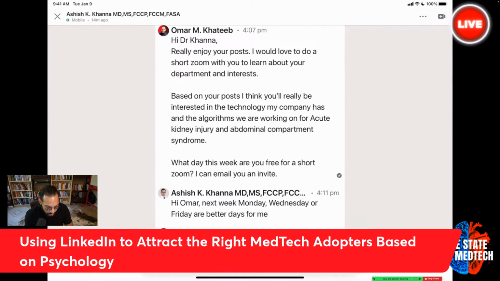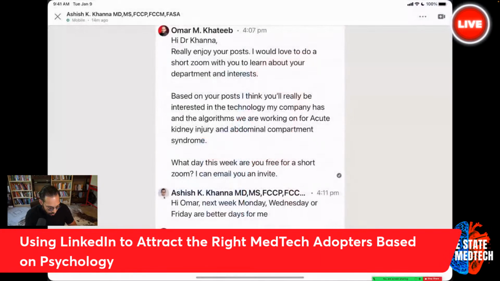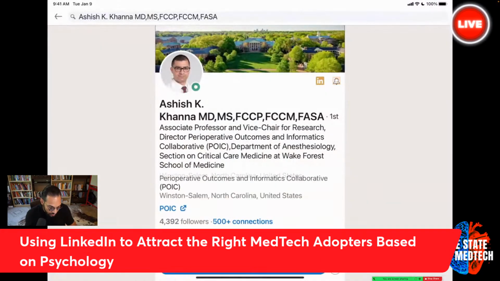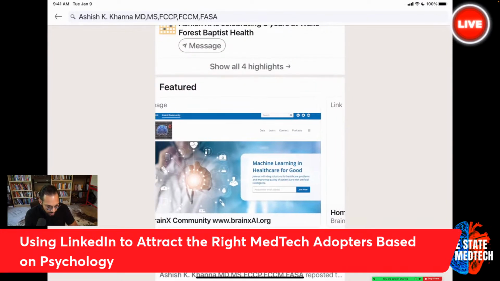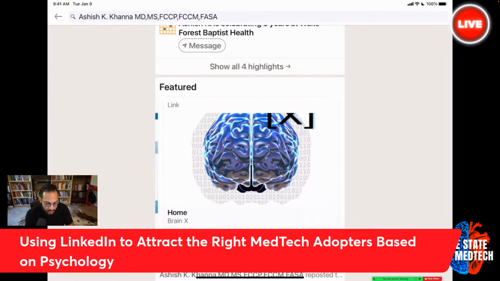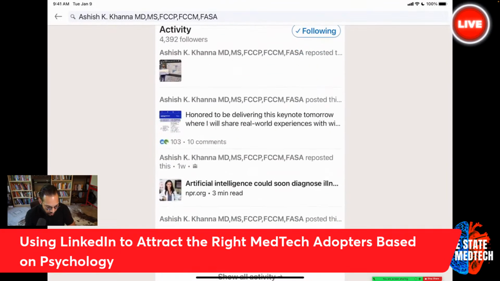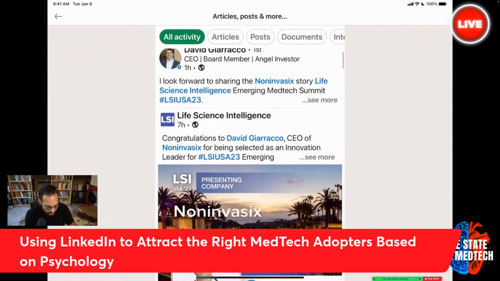So back in that time, I was immediately able to identify that Ashish Khanna fits in this category. And this is just through LinkedIn. How was I able to do that? Well, I'm not going to go all the way back to his post on LinkedIn, but back then he had something similar, and in his featured section, he kept showing very innovative things that he was into, right? If I looked at his activity, you can look at the activity and see,